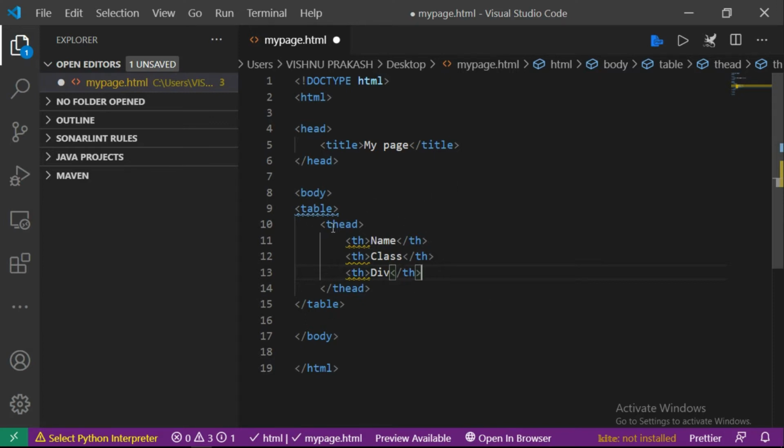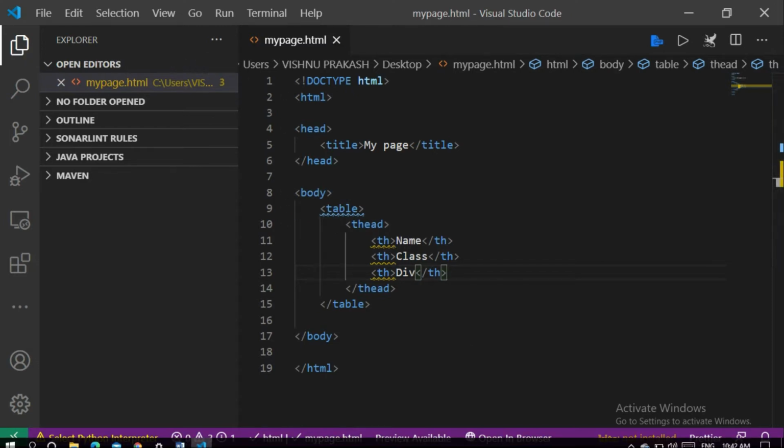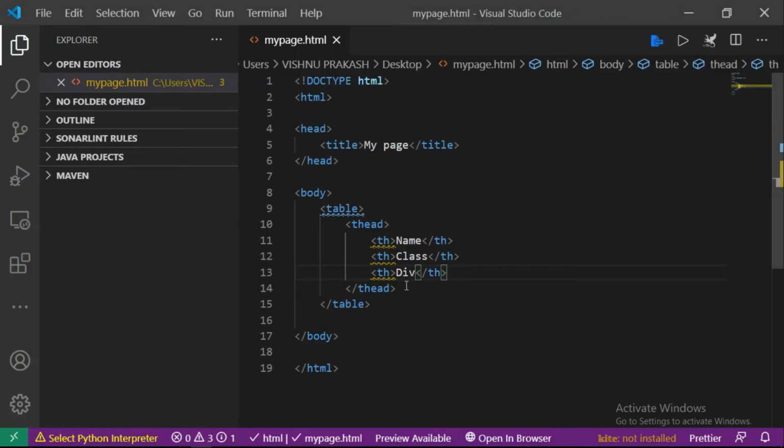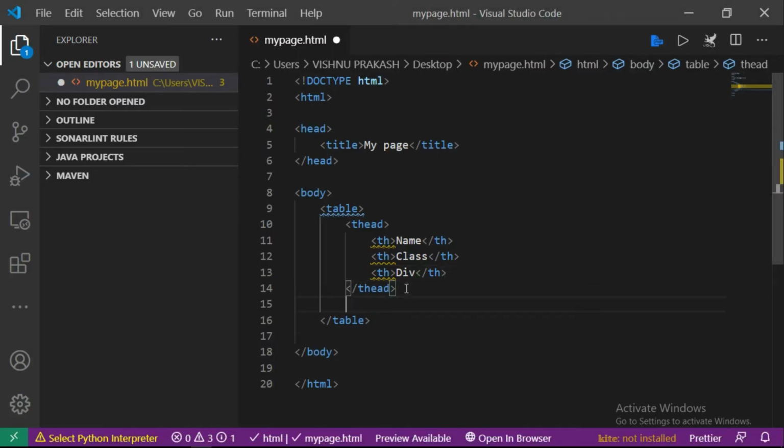This is the table heading. I'm giving the name. So we'll just save this one. We'll go back and see what will happen. See here, 3 columns came: name, class, division. So here we can close the table head.